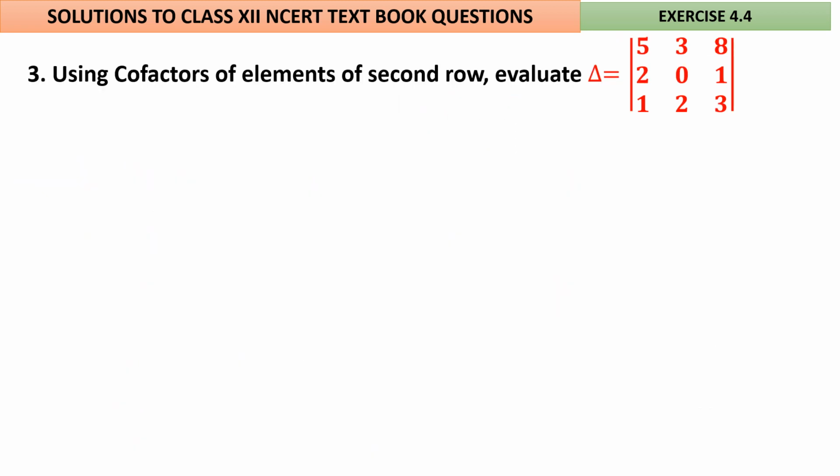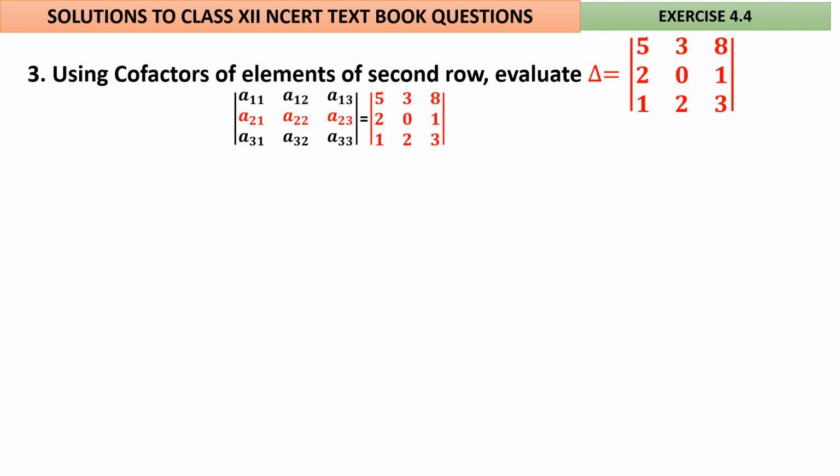Okay, now we have just seen how to find the minors and cofactors. Let us move on to how to evaluate a determinant using the cofactors. Just expansion, nothing more than that. Using cofactors of elements of the second row. It is specified in this problem where we have to find the cofactors of the second row, then you have to evaluate it. You know that the element to be multiplied by the cofactor and sum of them will give you the value of the determinant.